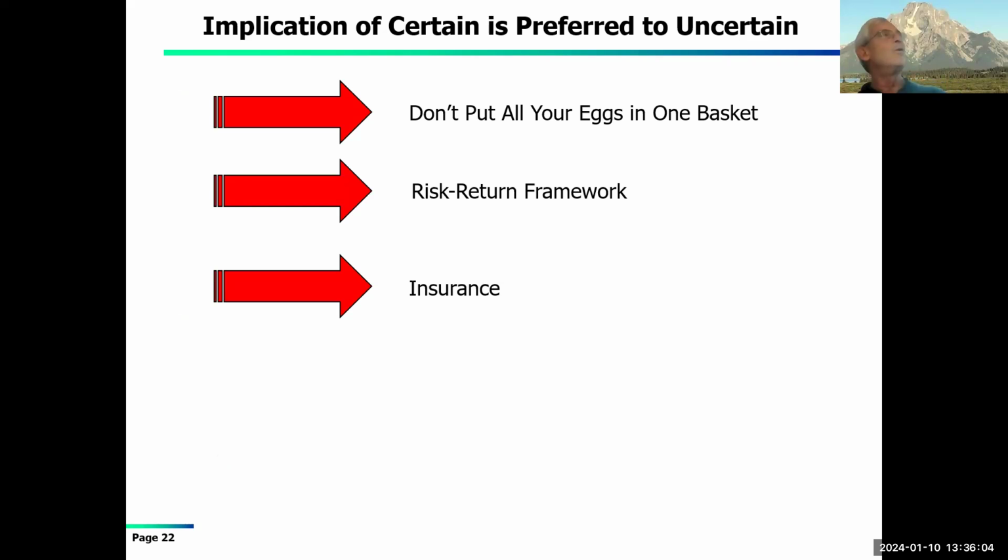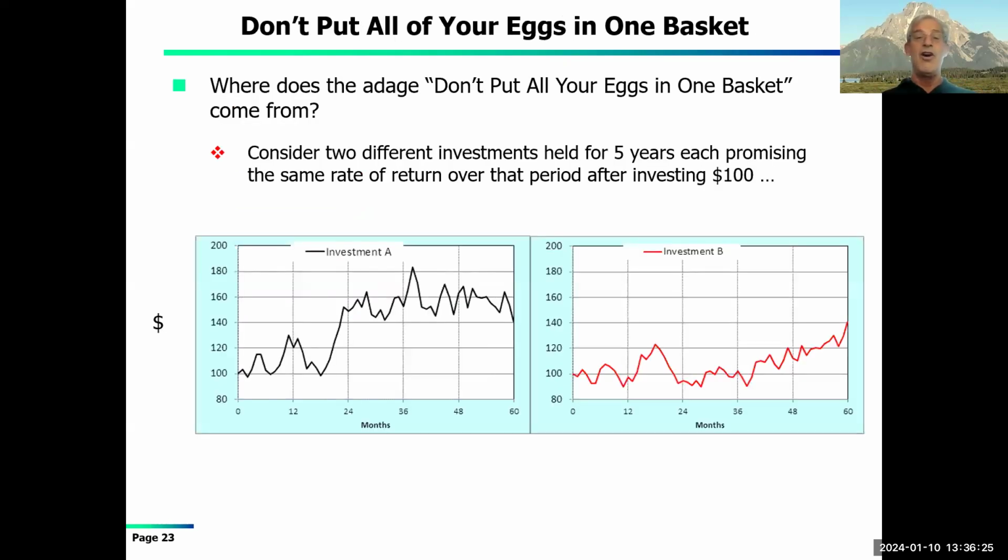So what is the other proposition that we hear about? Don't put all your eggs in one basket. And what is that really about? It is about insurance. It is about the risk-return framework that underlies all financial markets. And I have a really dumb example. And when I do this in class, I can take hands. It's going to be a little bit tricky to do it in Zoom space.